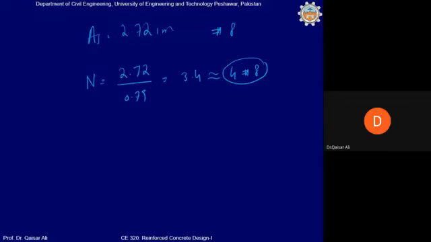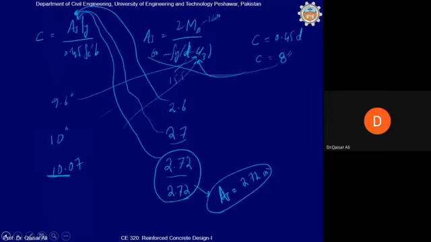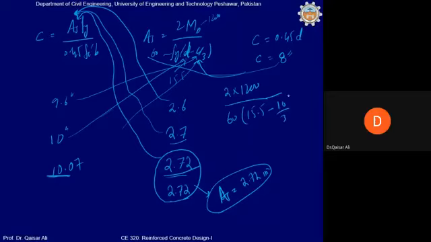अच्छा, ये जो आप लोगों ने वैल्यूज कैलकुलेट किए, आप लोग कंफर्म नहीं करते ना, एक ही स्टूडेंट कैलकुलेशन करता है, बाकी आप लोग कंफर्म नहीं करते। ये वैल्यू मेरे ख्याल में ठीक नहीं है। अगर आप यहाँ पर 10 पुट करें तो it will be equal to 2 multiplied by 1200 divided by Fy, which is 60, into D, which is 15.5 minus C by 3, which is 10 by 3. ये जरा वैल्यू आप कैलकुलेट करें।